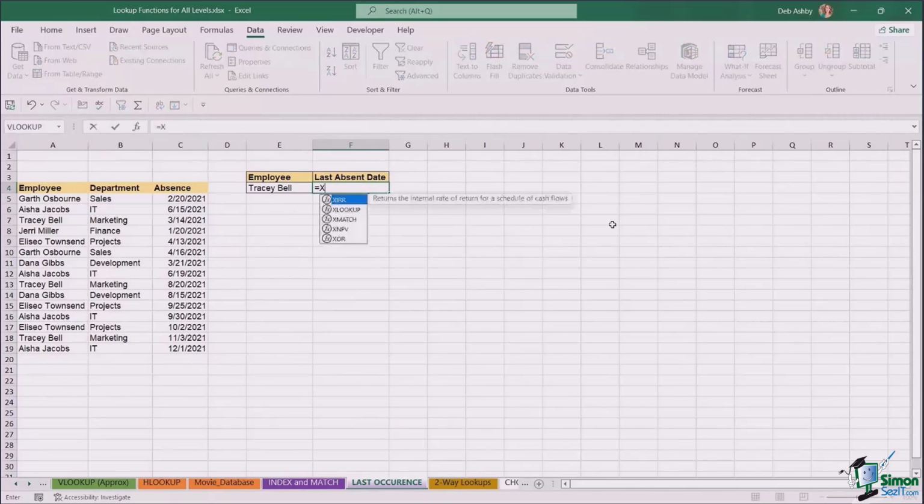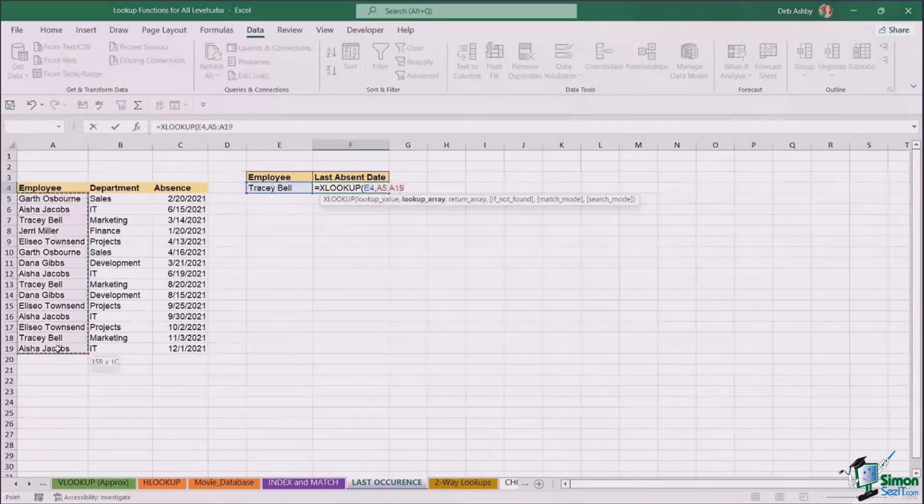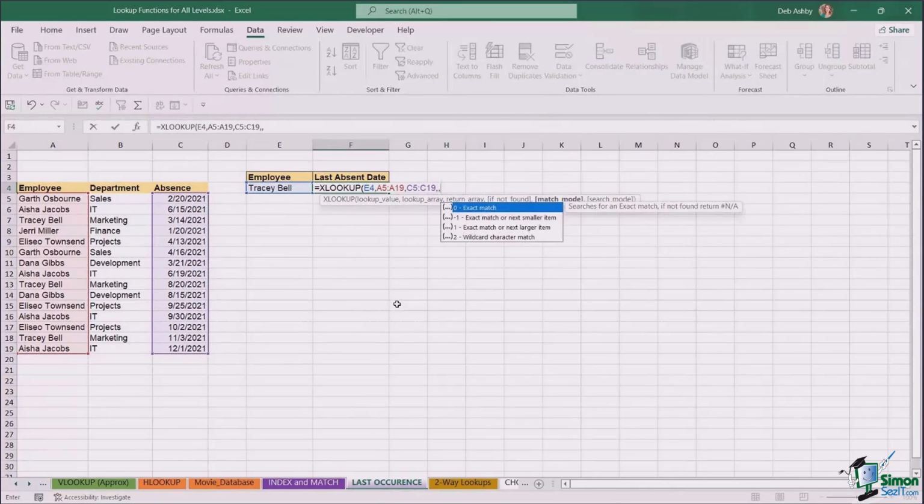So if we go to Xlookup, our lookup value is going to be Tracy Bell. Where are we looking up her name? Well, we're looking it up in the employee array. What do we want to return? Well, we want to return the absent date. So that's this array just here. If not found, do I want it to say anything? I could type in some text there. If you don't want to type anything in there, you can just press comma to move on to the next